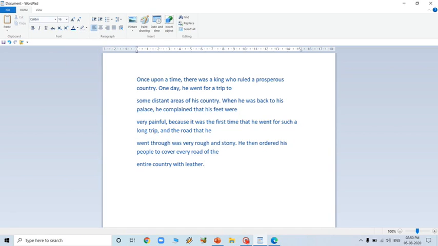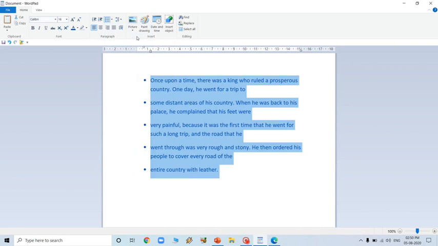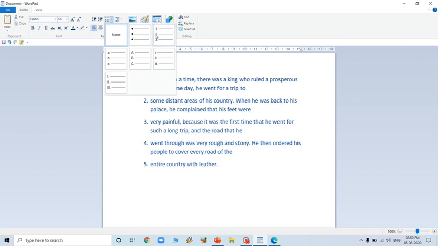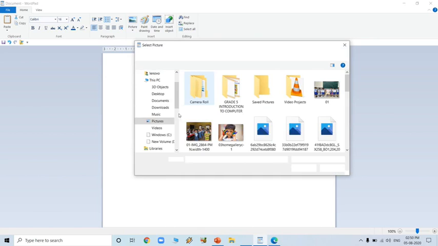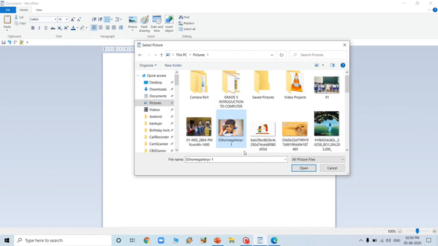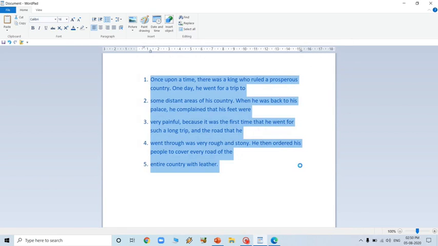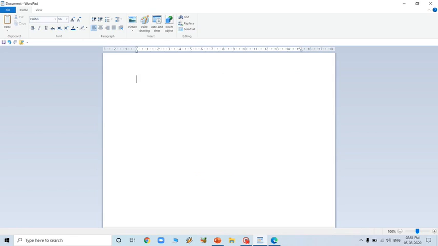Can you see now? Okay, you can insert bullet points as well. Here are some points you can use. If you want numbering for the points, you can give numbers as well. If you want to insert a picture, just go here, click, and see the Pictures folder or the folder wherever you have kept your pictures. I have kept all my pictures here in the Pictures folder. I'll just choose one and press open, and you can see the picture is here. Okay, so like this you can do.